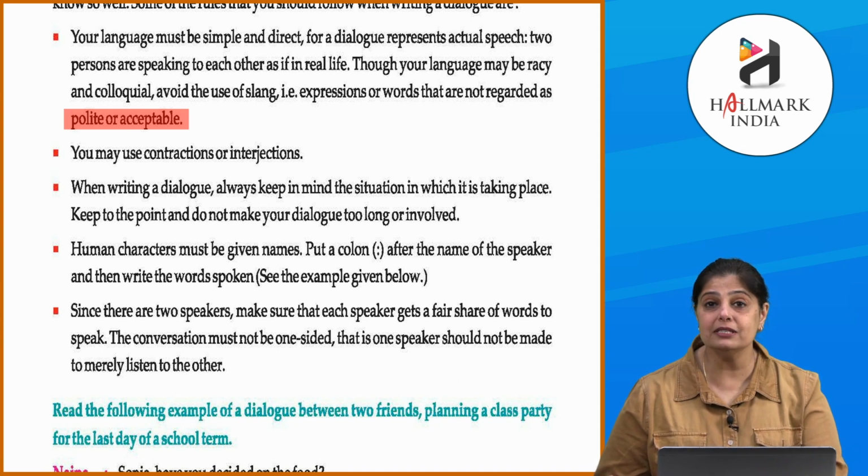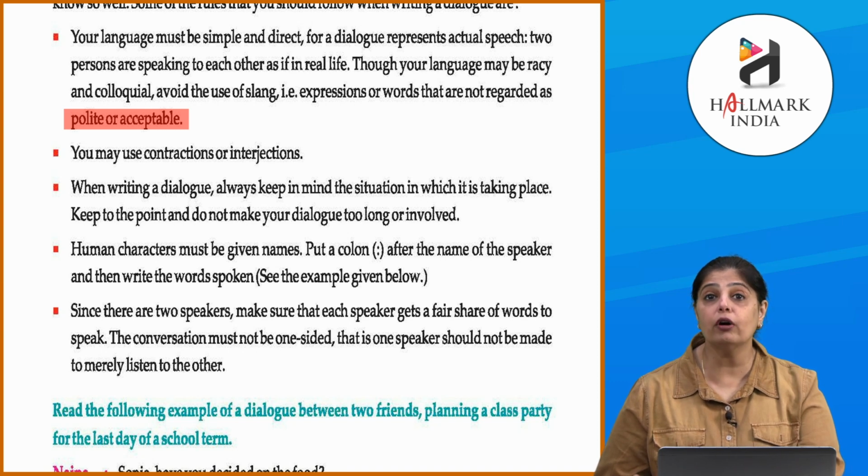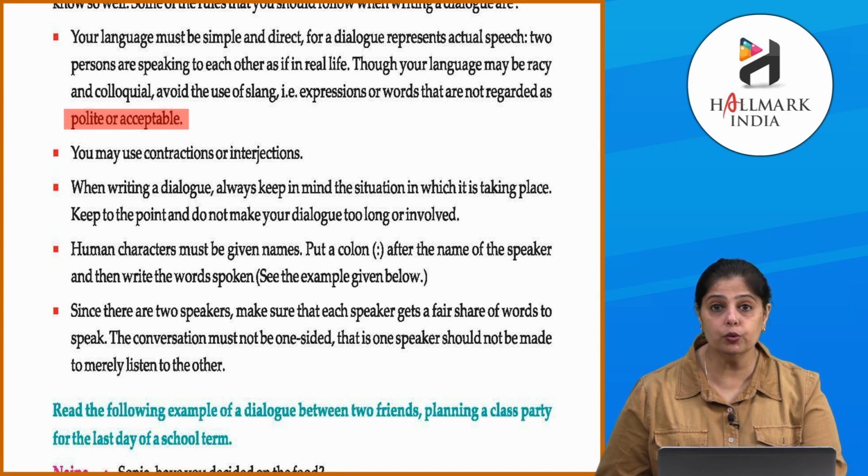पर एट द सेम टाइम स्लैंग वर्ड यूज करना अवॉइड करो, वेर इन लाइक यू आर यूजिंग वर्ड्स दैट आर नॉट पोलाइट, ओके, और दे आर नॉट एक्सेप्टेबल. सो डू नॉट यूज सच वर्ड्स. यूज वर्ड्स विच आर एक्सेप्टेबल बाय पीपल एंड विच आर पोलाइट. ओके, तो आपको अपने वर्ड्स पे काफ़ी ध्यान देना है.